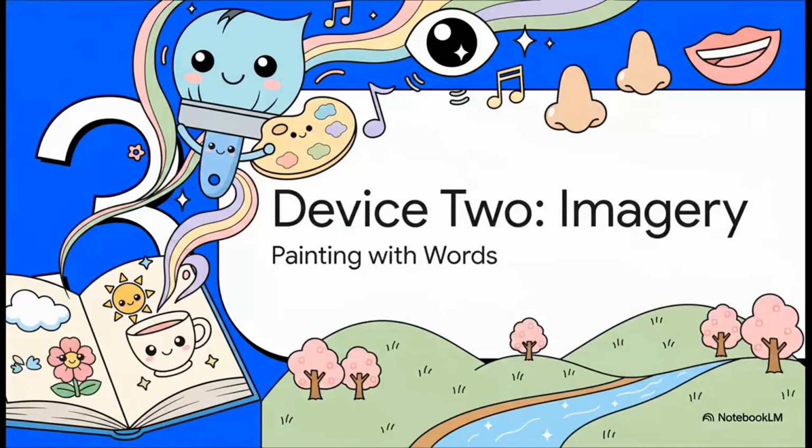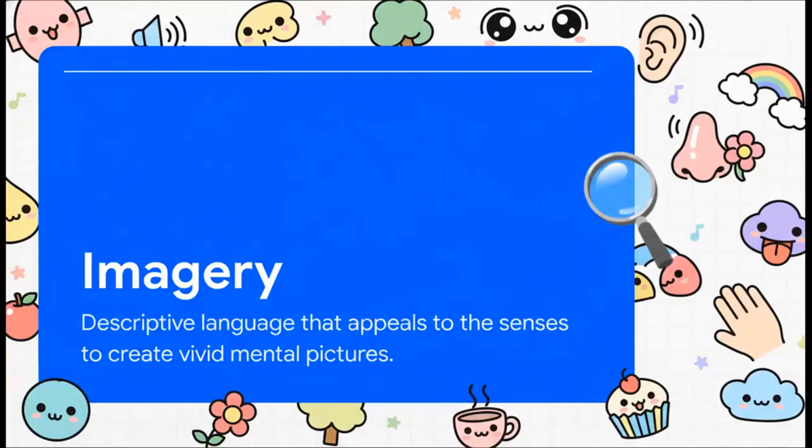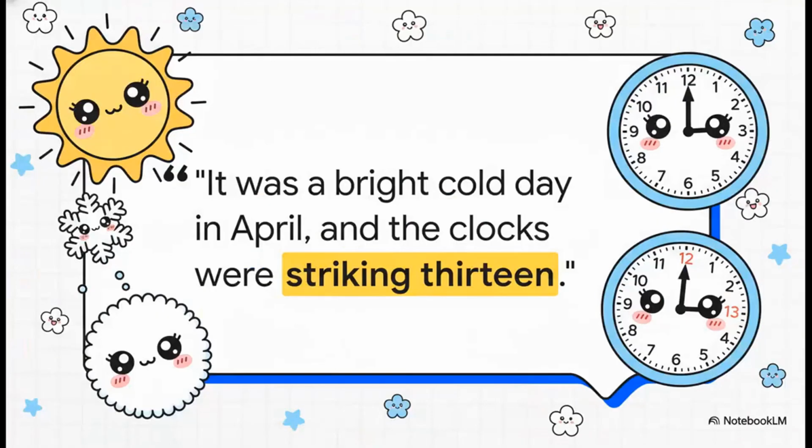All right, let's move on to tool number 2, imagery. And this is where the author becomes an artist, painting pictures with words, but not just for your eyes, for all your senses. So don't just think about what you can see. Imagery is about what you can hear, smell, taste, and feel too. It's one of the writer's most powerful tools for helping you imagine that you're right there in the middle of the story. Check out this opening line from